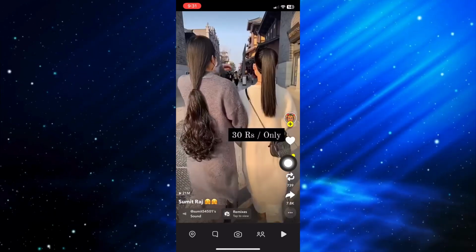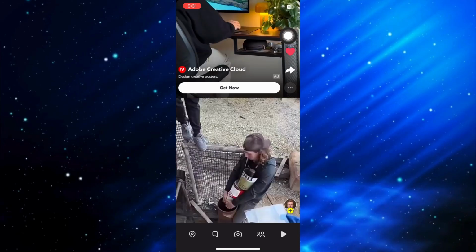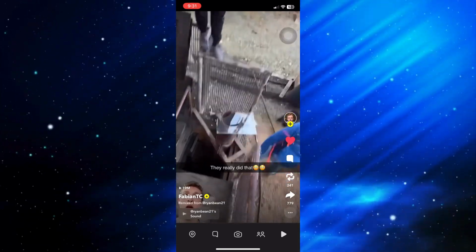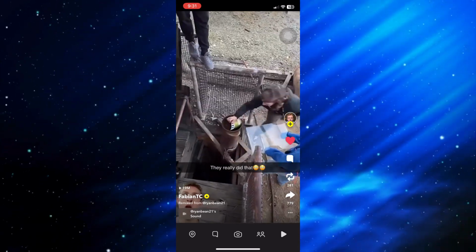And once inside, I'll just go ahead and like some random post on Snapchat in order to use it as an example. Now that we have like 3 videos right here on the Snapchat application, the way to go ahead